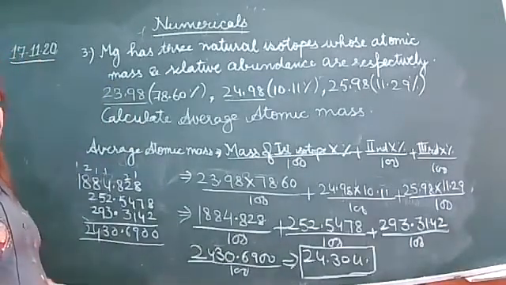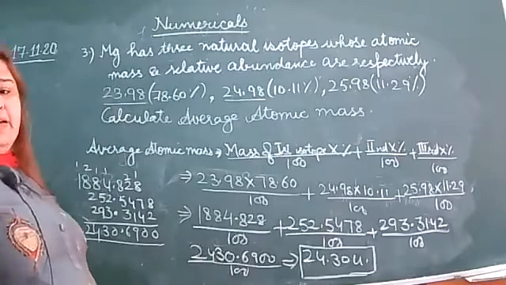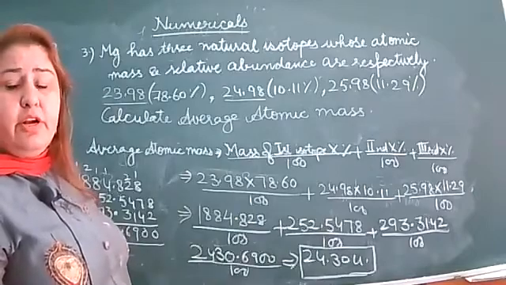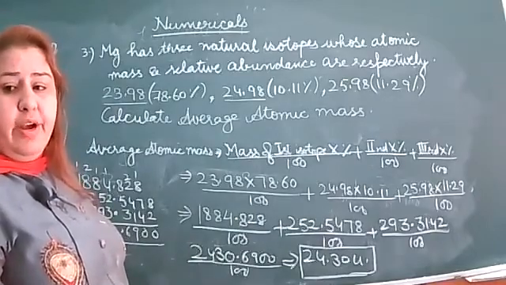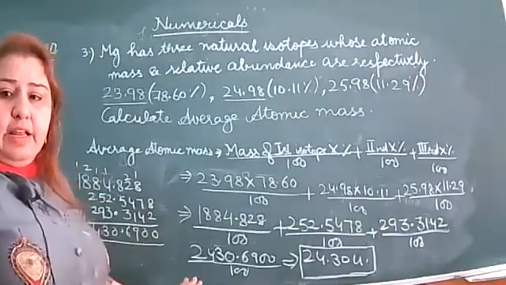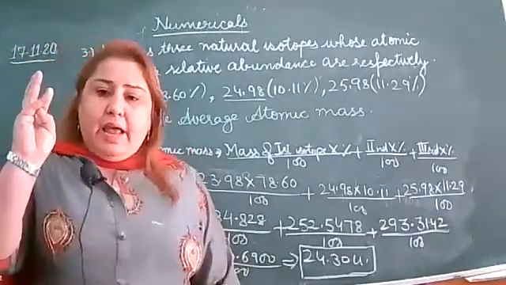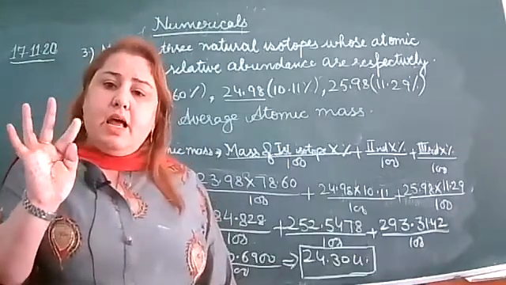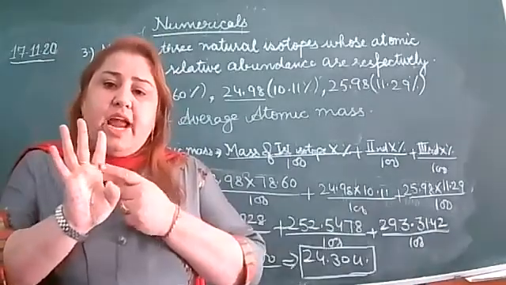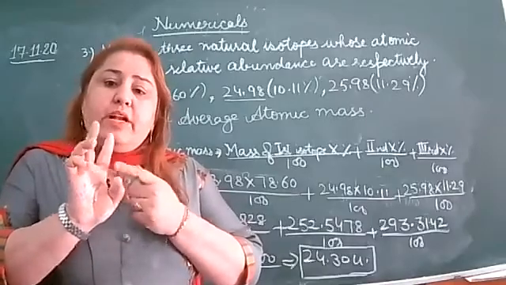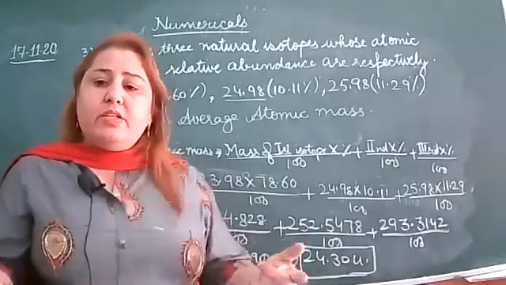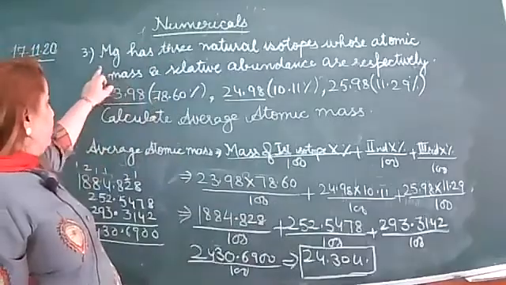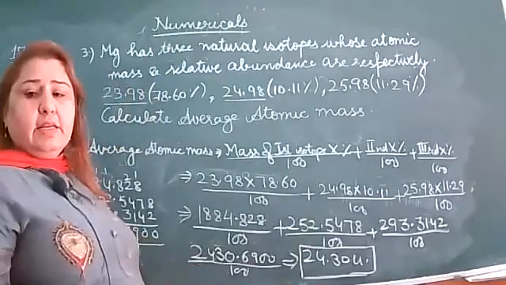That is 24. And you know magnesium is at number 12 and it has the atomic mass of 12 or 24. So we are right here, right? Magnesium, Mg, is at the 12th position. So what is the mass number of magnesium? That is 24. So most probably our answer is the same.